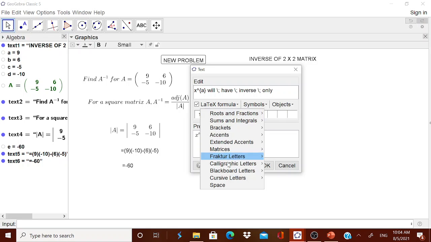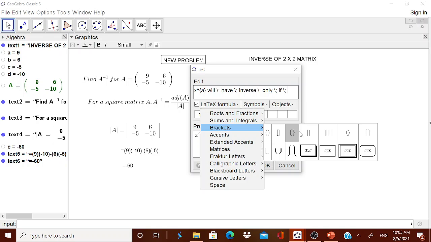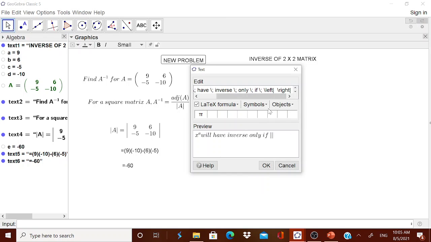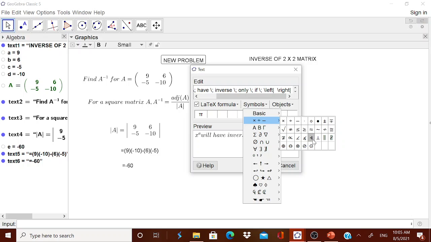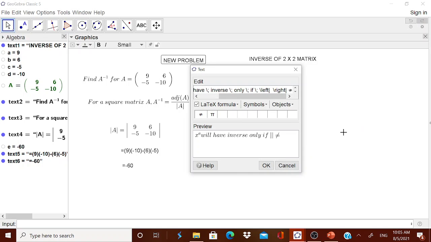then go to the latex formula, go for the space, if, then go for the space, then go to the latex formula in the bracket, then go to the symbol, then in the basic symbols you have not equal, then 0. Here what are the changes you have to make?